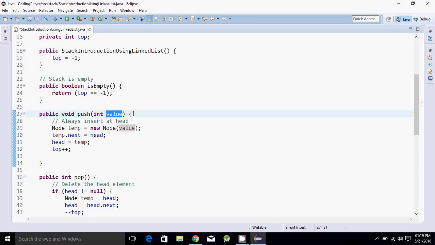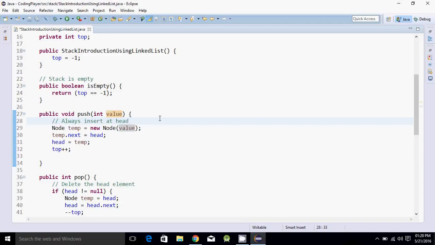So I am pushing the value at the head of the linked list. It will be fast in operation, because adding a node at the head position is an O(1) operation, meaning the complexity would be O(1), and it would be easy to do the pop operation also, because we have to delete the item from the head, so we don't have to go through each and every item in the linked list, find a specific item, and then delete it. So adding at the head is the best option for creating a stack. So I am pushing the value at the head of the linked list.